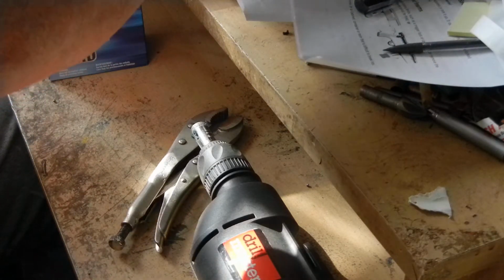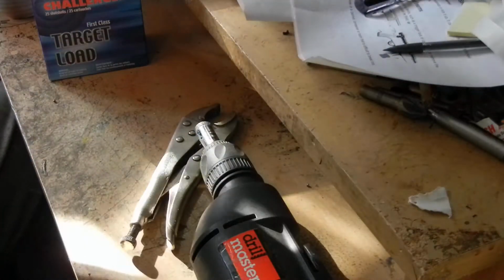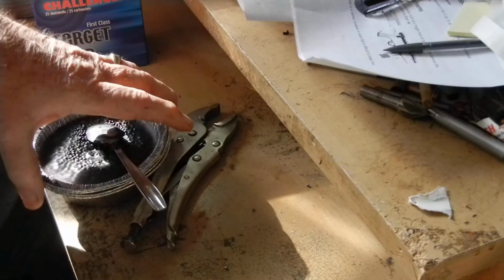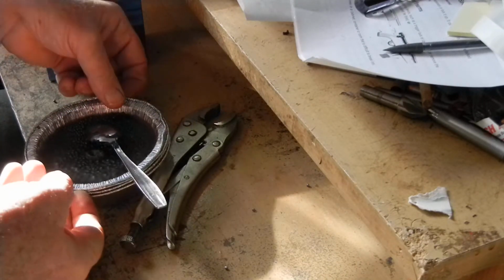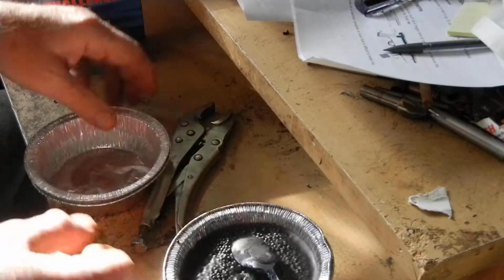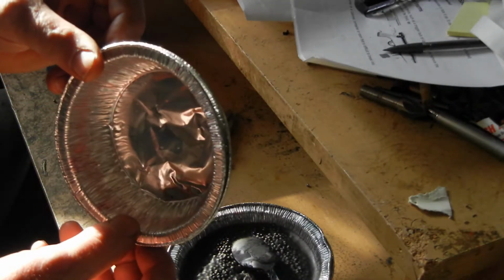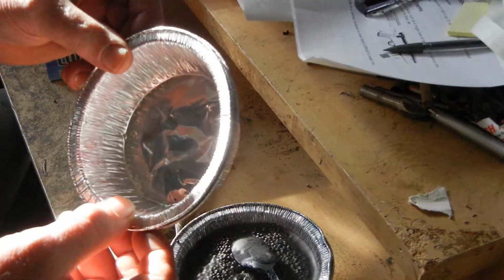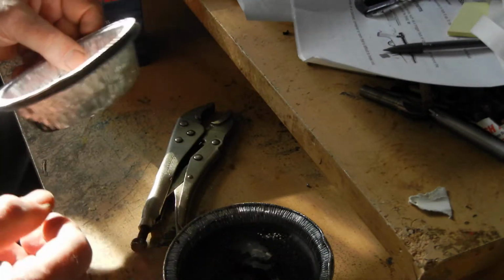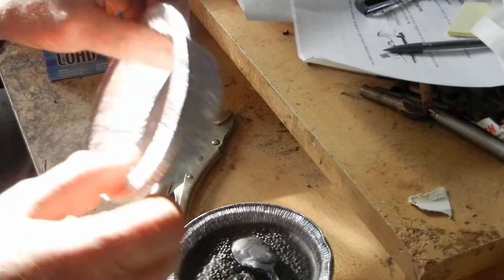When I make the wax slugs, what I do is I melt the wax in a little pie plate I bought at the dollar store. These, I guess, are for meat pies. And what I did is I melted the wax in a pair of these,